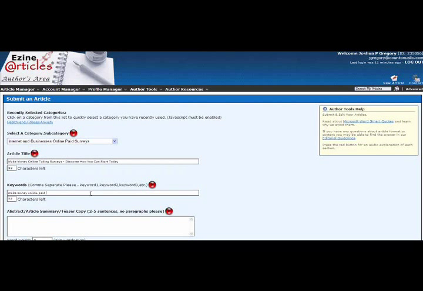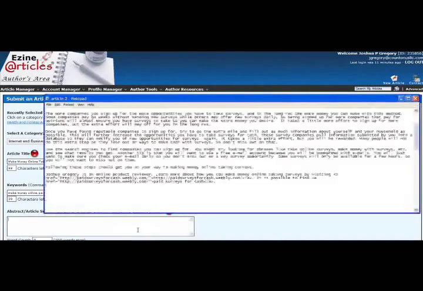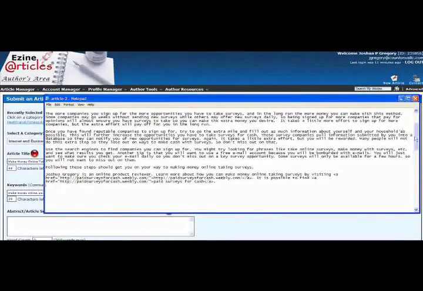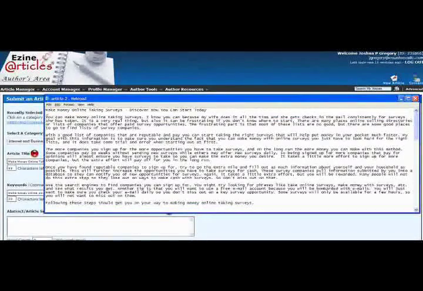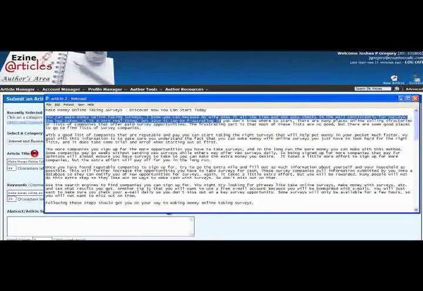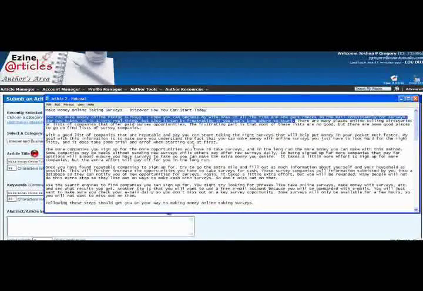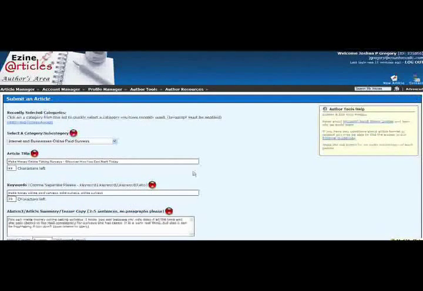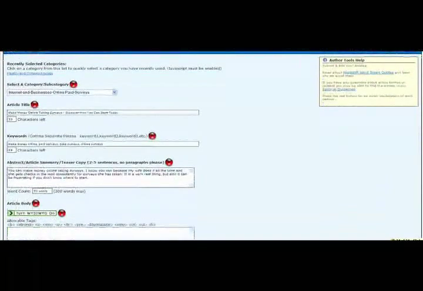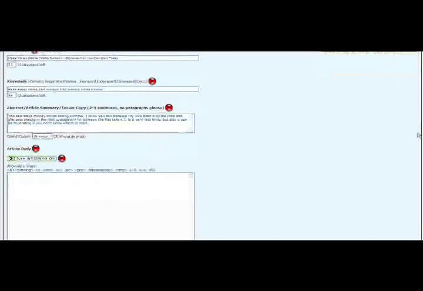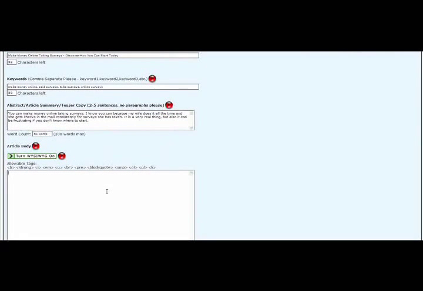Make money online, paid surveys, take surveys, online surveys. So we're just going to plug that in there. 2 to 5 sentences there, so we're just going to take the first couple sentences that we are working with. And we're just going to plug that in. This is kind of an article teaser. You can get more involved with your article summary if you'd like, just to try and encourage more clicks. But the goal here is to show you